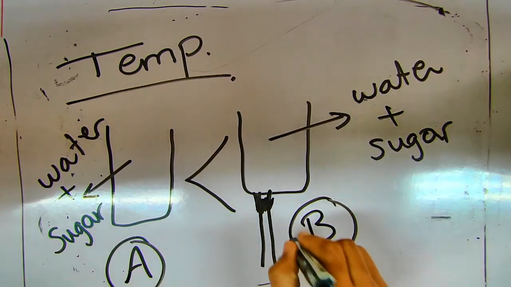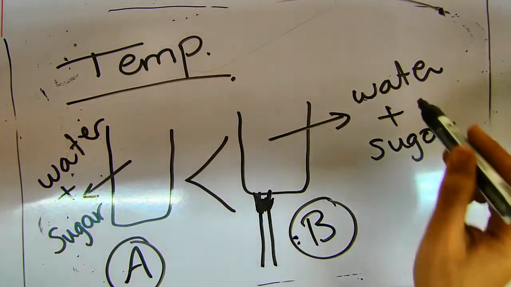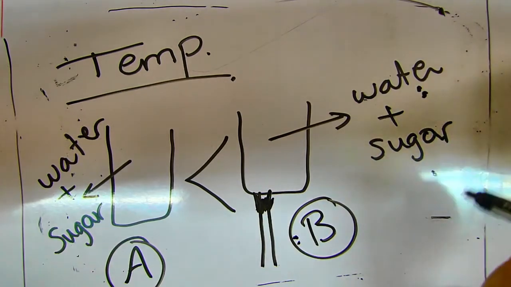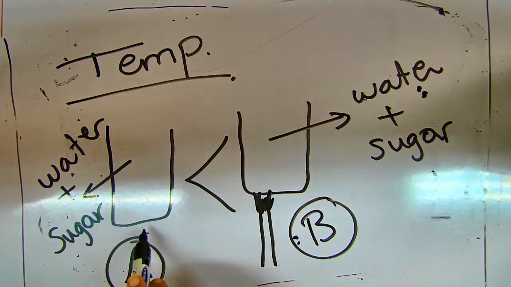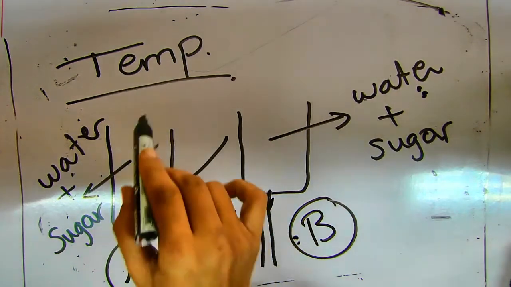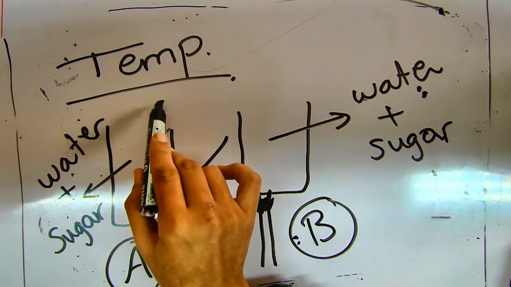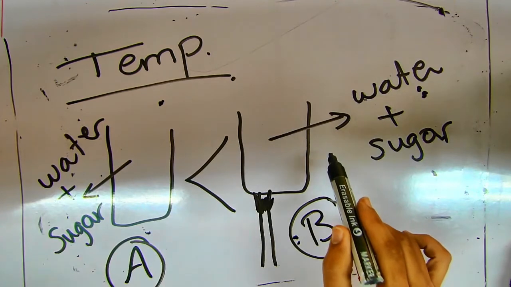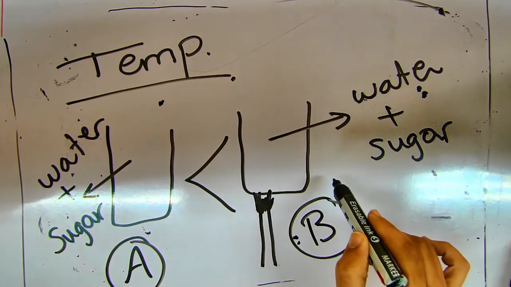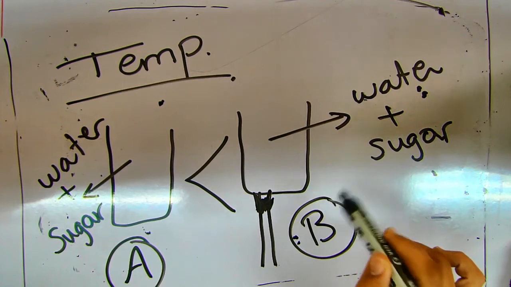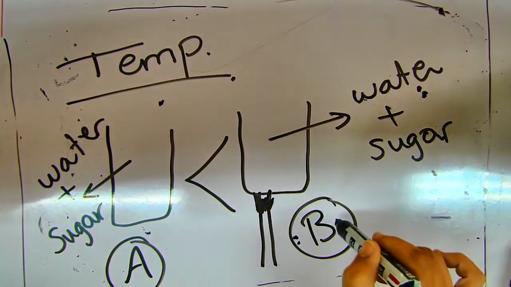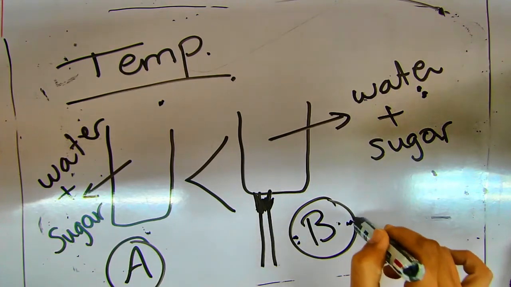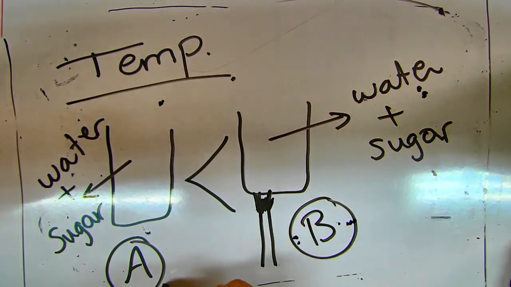Why? Because when you use temperature, it makes the solvent dissolve the solid faster. But if you use it without heating, it will take more time. So again, if I increase the temperature, the dissolving time decreases. The time in this experiment will be decreased. It will not take more time. So B will not take more time, in contrast to A.